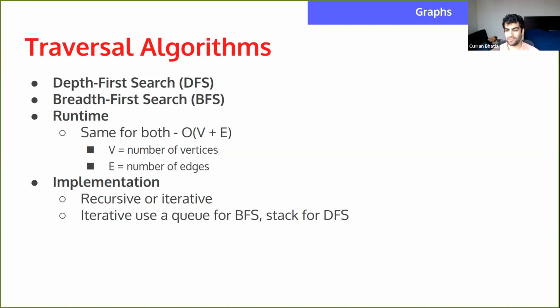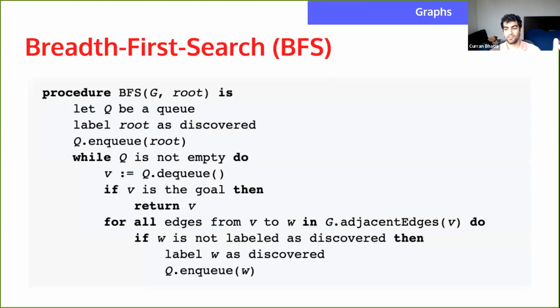Like I said before, iterative just means you can use a for loop. Or a queue, sorry, I forgot. You can also use a queue, which is, if you look at the academic representations of what DFS and BFS look like, as we will in the next few slides, it'll have a queue. So like I said before, this is how you would write BFS if you were writing a Wikipedia article on BFS.